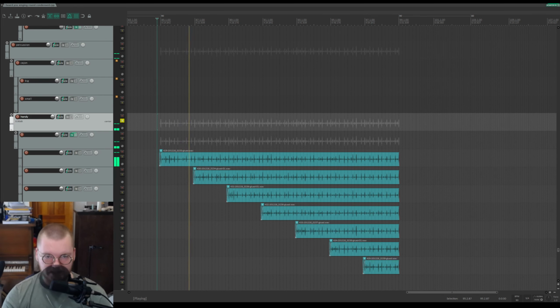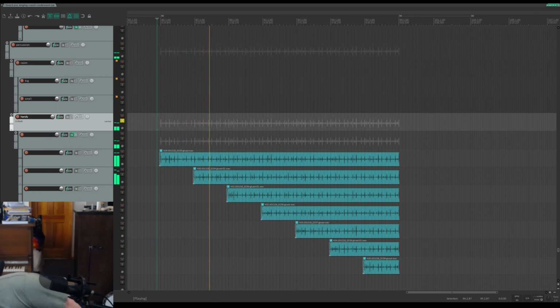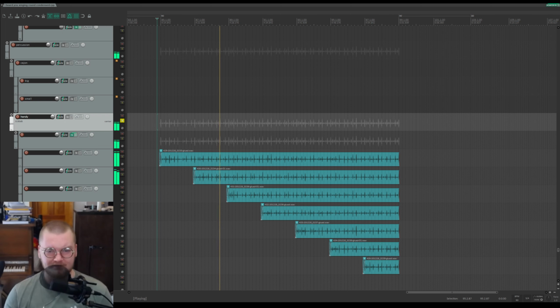Every 2 measures, I guess, there's a second one. Excuse me, the third one. And then also the reverb slowly slips in, which gets more and more intense as it goes along.